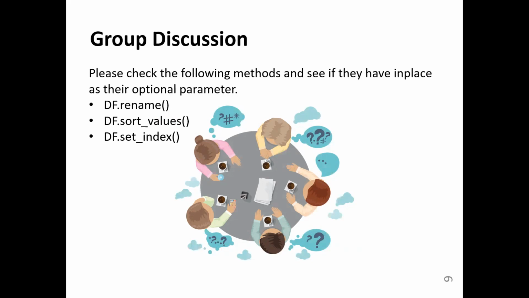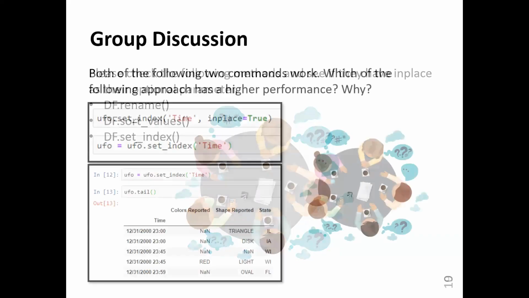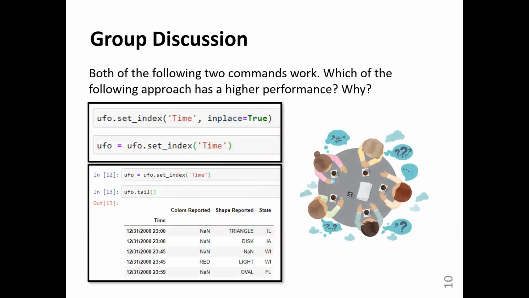If you want those changes to happen, you have to say inplace equal to true. Look at this. We say set_index time, comma, inplace equal to true, and UFO equal to UFO.set_index